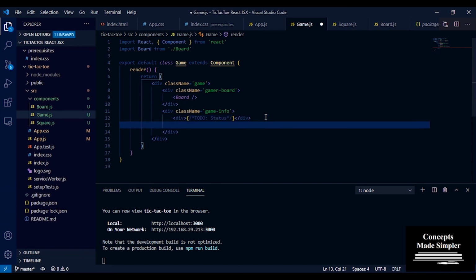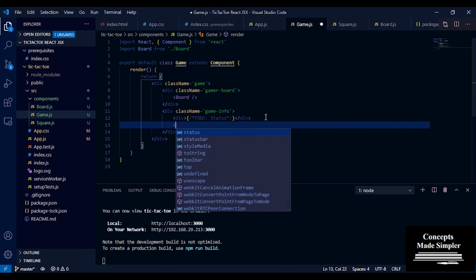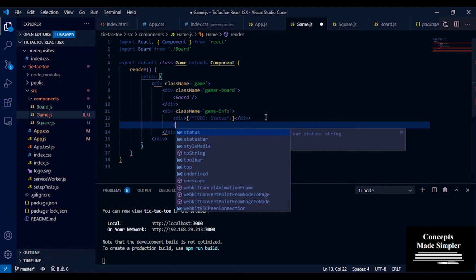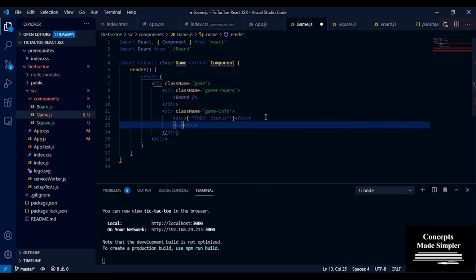So we have our status, and here I want to put the game history, basically the list of moves that were taken. So I'll put another to do saying game history.